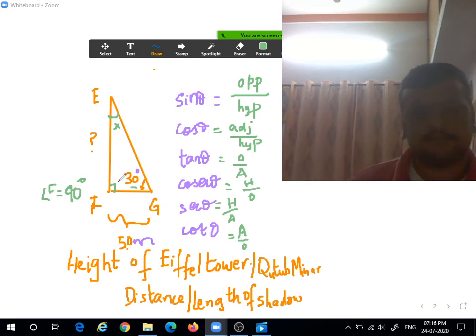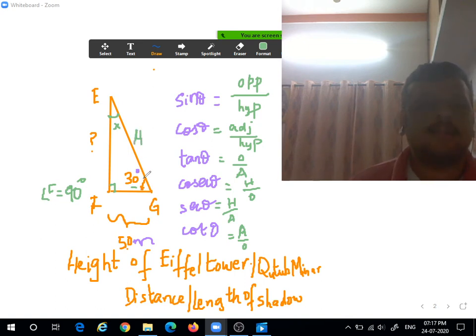I was just trying to refresh your angle sum property of triangle, students. So now first let us try to understand what the sides are and how we denote them here: which is the opposite side, which is your adjacent side, and which is your hypotenuse side. Now this is 90 degrees, the reference. The side opposite to 90 degrees is always the hypotenuse. So EG is the hypotenuse. It is the longest side,